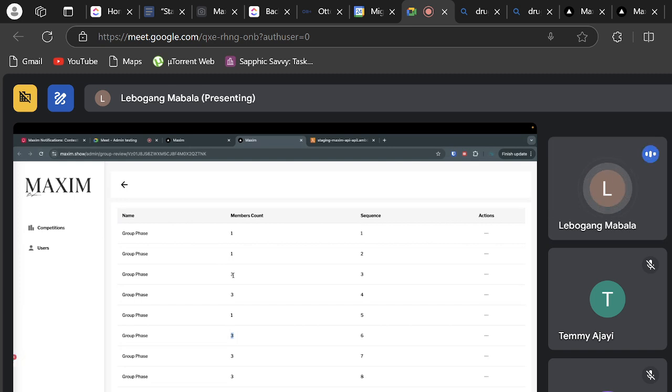Okay, so I just want to make sure the team understands this. So when a competition is being created, we first start with the minimum amount of 3 for the Cover Girl specifically. For the Hot Girl, we saw it's 2. We start with up to 3 contestants in each group phase, right? And then every hour we check the groups and we merge the groups to up to 25 contestants in a group. Yeah, and also these groups are merged for rounds that end on the same day.